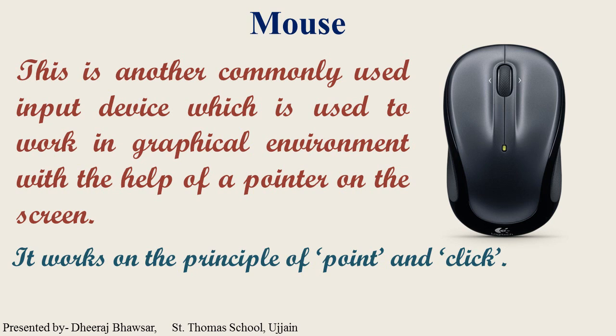By default, the mouse is configured to work for the right hand. If you are left-handed, the setting can be changed to suit your need. A mouse typically has two buttons, left button and right button, and a mouse also includes a scroll wheel between the buttons to scroll down the application window and its content.